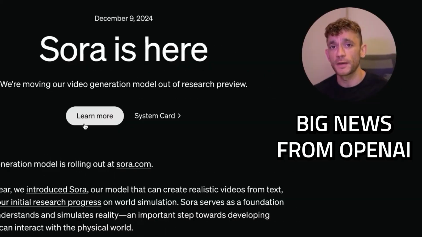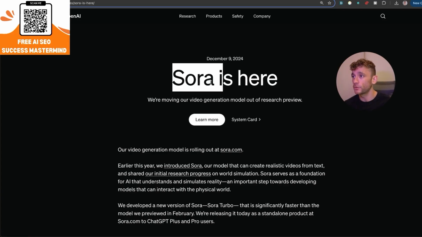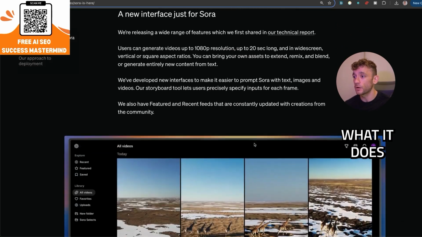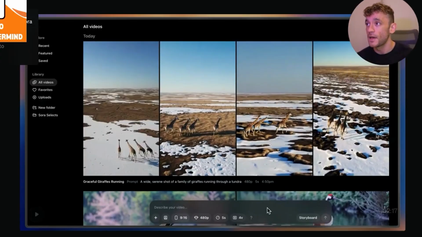Big news from OpenAI today. So they've just released Sora. Sora is a video generation model, and today we're going to be taking a look at how it works, what it does, etc. You can see some previews of it here, and you can see this is kind of like